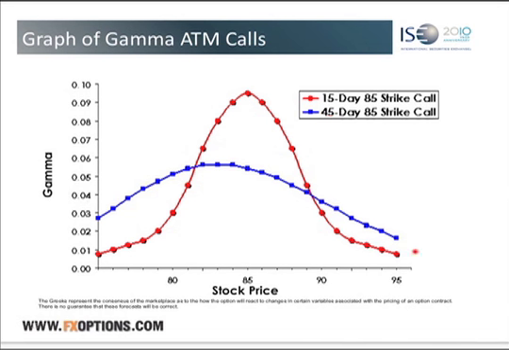So much wider scope. Now, it's interesting, after it stops being at the money and it gets bigger and bigger in the money, gamma gets smaller and smaller because guess what? Delta's approaching an extreme. Delta can't go beyond 1, so gamma has to get smaller. And on this side of the coin, as it gets further and further out of the money, delta can't go below 0, so gamma has to get small. So this is where you get the most bang for your buck, at the near term at the money